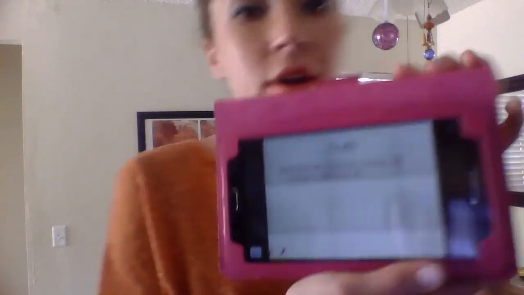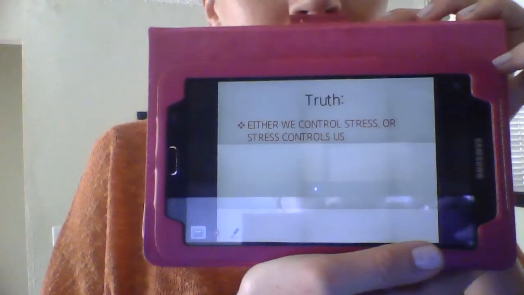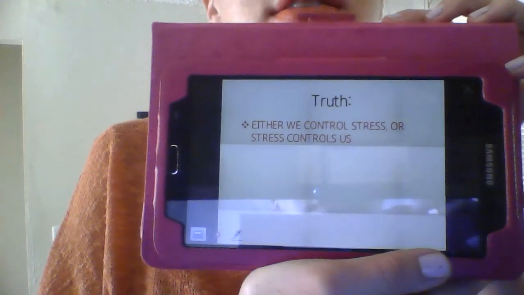Okay, so here's a truth. Either we control stress or stress controls us. This is true. Either we control the amount of stress that comes into our lives and we learn how to handle it in different ways: dancing, listening to music, sleeping, eating, taking good care of ourselves, being around people who are good to us, all these things, right? Either we learn how to handle our stress and limit it and set boundaries and cut certain people out of our lives that cause us a lot of stress and learn to say no. All these things that we're about to talk about, either we learn to do that or the stress controls us